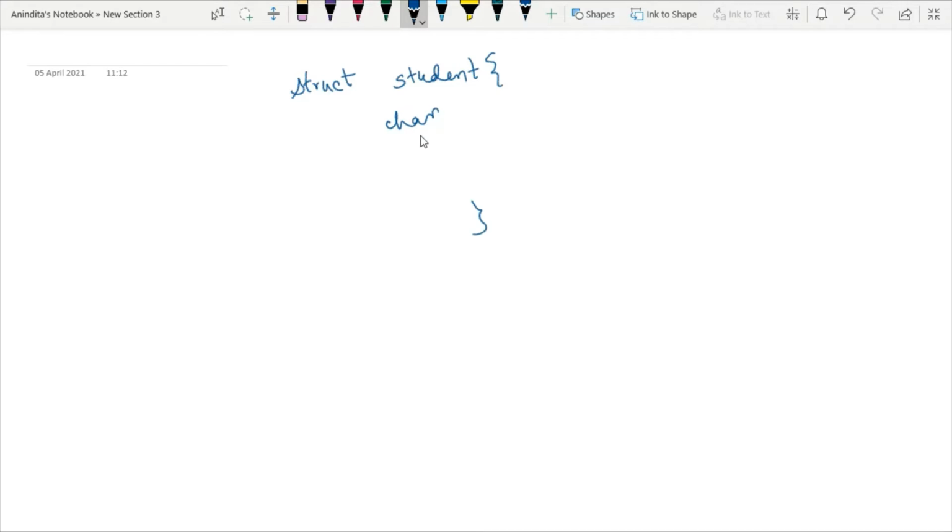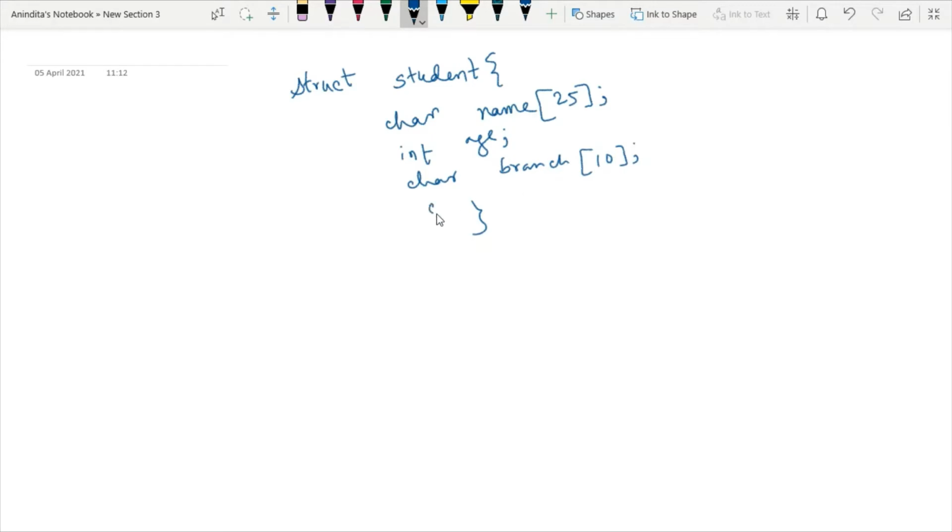So first I'm using the character data type so that it could hold the name of the student. And the name of the student should be an array because it will be large enough. And then I can write one basic data type, integer, so that it could hold the age of the student. Then I can also write branch as a character data type, which should be an array. It will hold the branch name of the student.